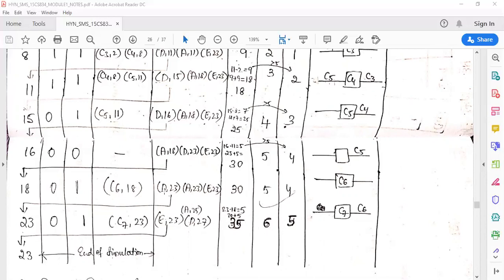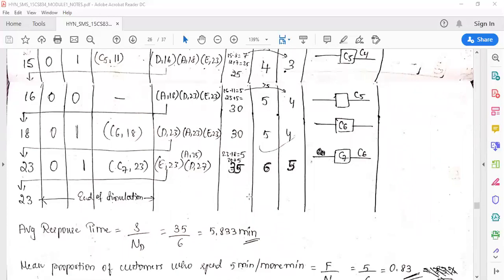You have to execute this because here I have at 23. It is not only end of the simulation, it is departure, arrival and end. So you have to execute this event, departure and arrival event, right? So then write the step, then finally you have to end the simulation, right? I repeat, since at the same time I have departure, arrival and end of the simulation, I have to do departure, I have to do arrival, and then only I have to go for end of the simulation, right? So final values of your response time is 35, your number of departures is 6, and your F value is 5.